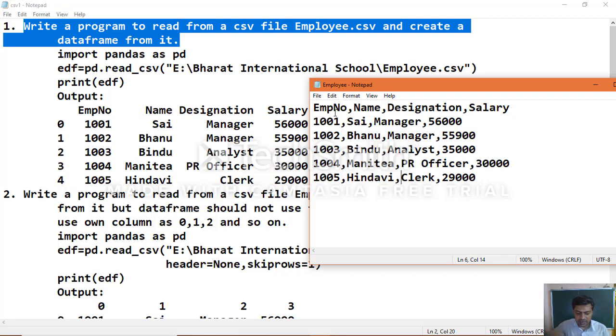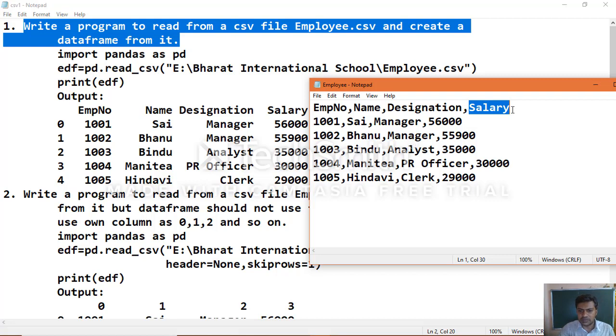Now you can see here the column headings: employee number, name second, third one is designation, and another one is salary. Here one thing we need to understand: in the question they haven't specified what information, only that they wanted employee information, which means you can take whatever information an employee contains. So you can create basic information in a CSV file. That's why we have chosen a CSV file related to employee: employee number, name, designation and salary.